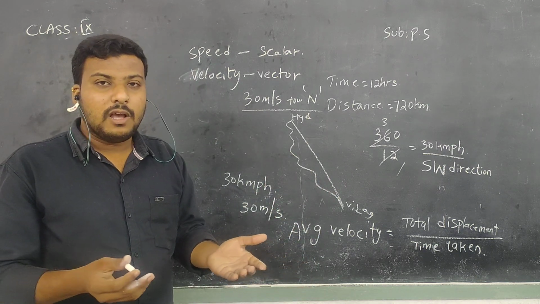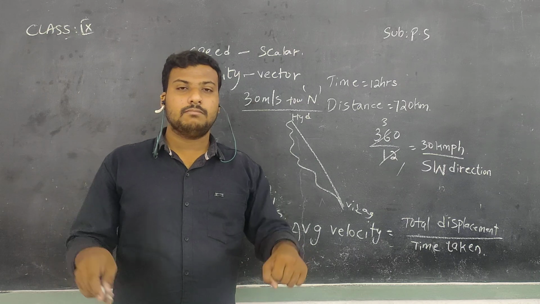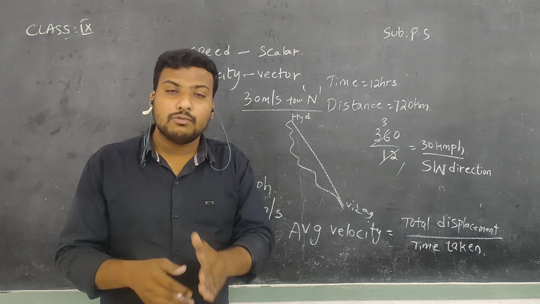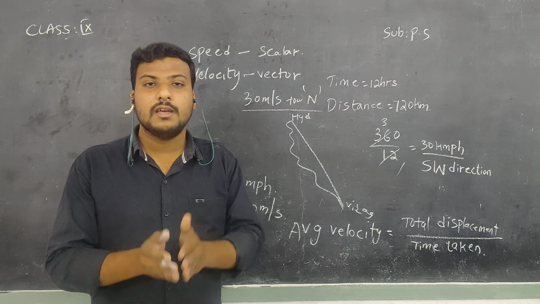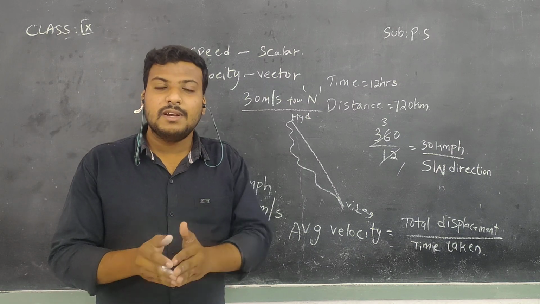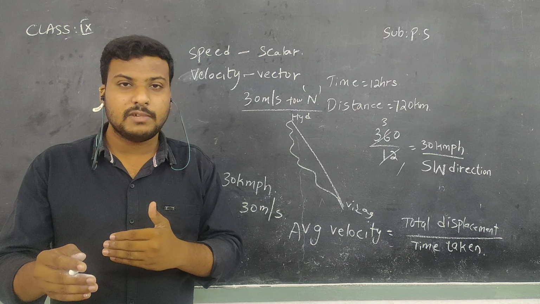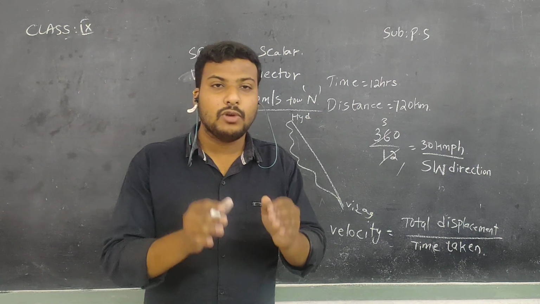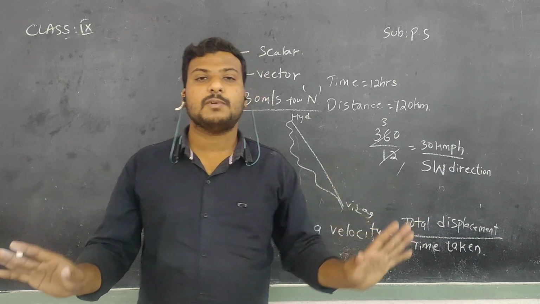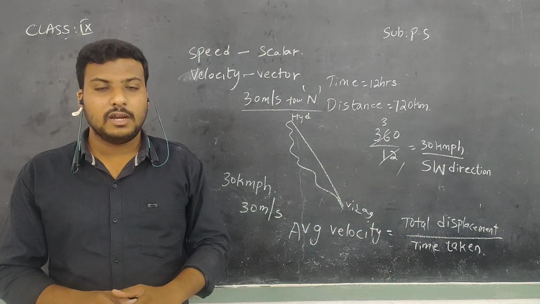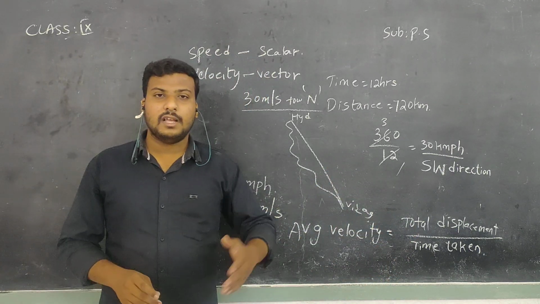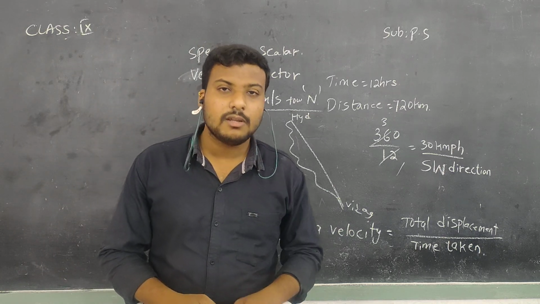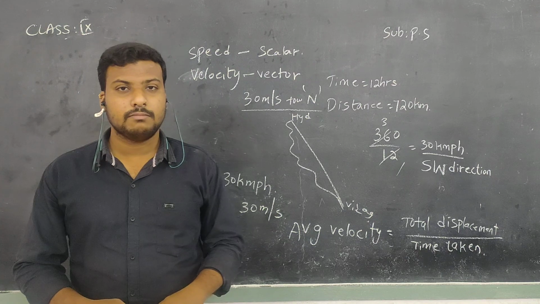Okay, you will say that I am going very fast. In which direction are you going fast? You have to say velocity. Okay, I am moving with 30 meters per second in the northwest direction. So this is the velocity. If you say speed, you have to say only 30 meters per second. Just enough. Understand, children? So in our next class, we will see further concepts like uniform motion and non-uniform motion. Thank you, children.